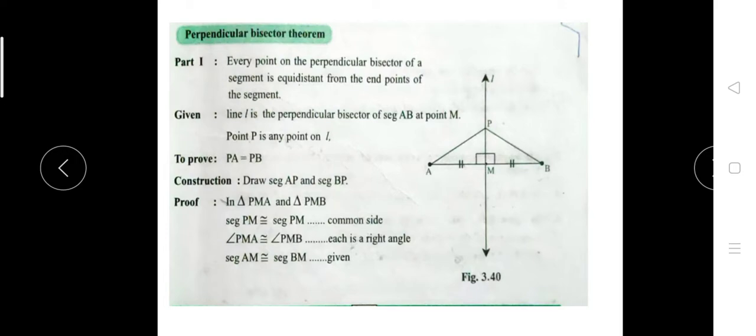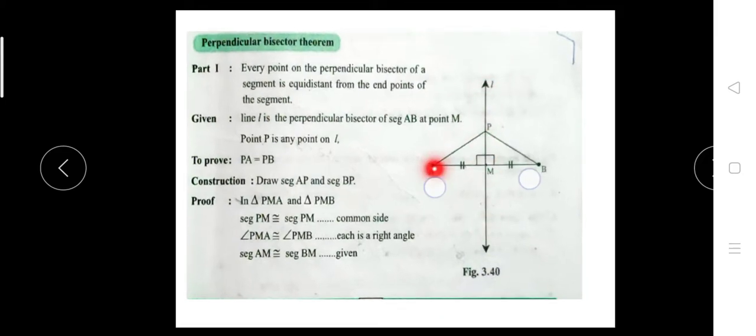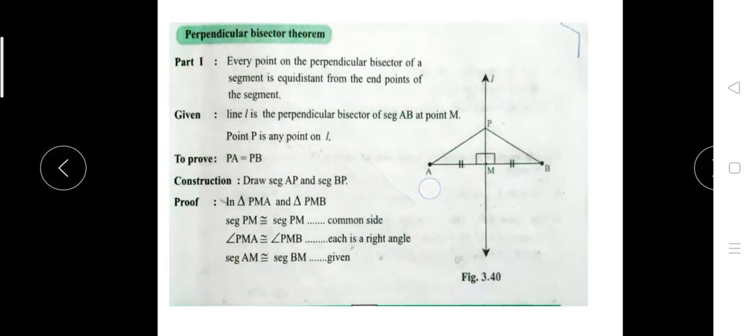First part, we will see every point on a perpendicular bisector. This is a perpendicular bisector. Perpendicular bisector means what? A line which divides the segment into two equal parts. AB is the segment. So when you are drawing the perpendicular bisector, how to draw it? By taking more than half the distance and marking arcs upside and downside, and by drawing a line you will get the perpendicular. Why is it perpendicular? It is perpendicular to the segment AB and it divides it. Bisector means it divides the segment into two equal parts. Therefore AM is equal to MB. So at M here it is a 90-degree angle.